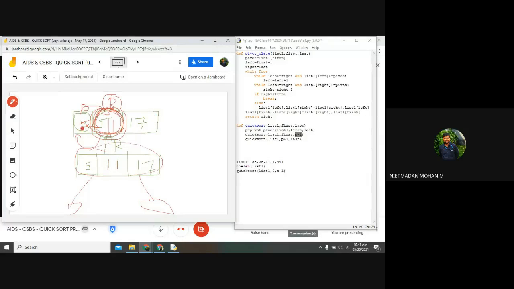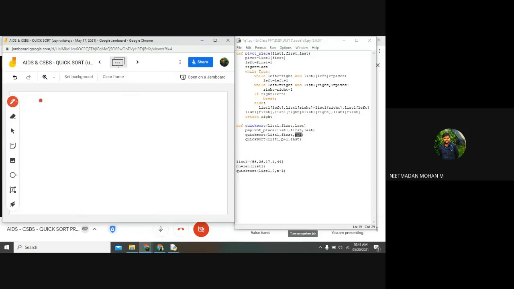Yes, sir. So I will go through 3 to 4 lines so that you can understand this. Just imagine 15, 2, 4, 19, 55, and 75. First, this 19 is my pivot value. Imagine I have taken 19 as the first value. After doing all this operation, this 19 has come here, and the left-hand side of 19 is all lesser than 19, and the right-hand side is all greater than 19, right?